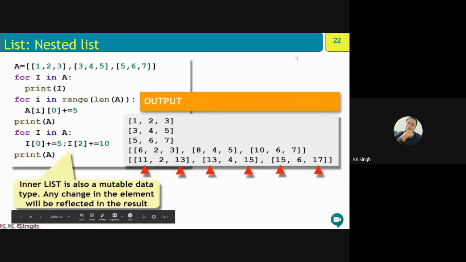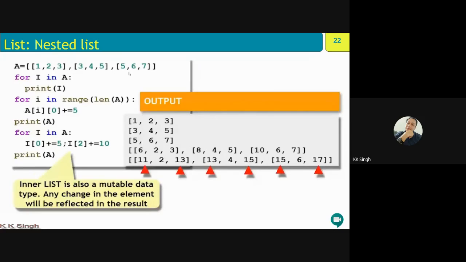So this is a nested list. You see here: 1, 2, 3, 3, 4, 5, and 5, 6, 7. So this is a list of lists.